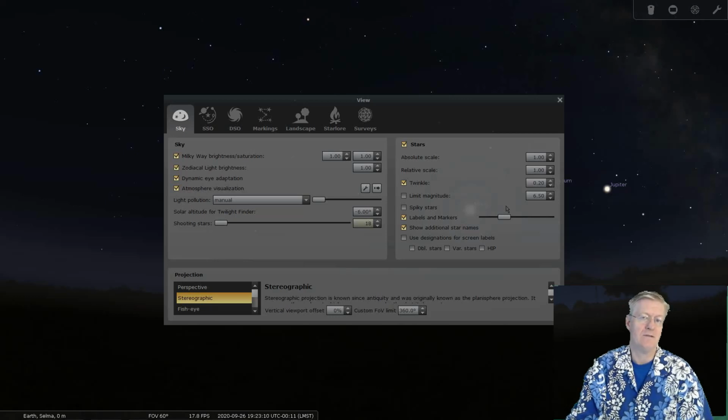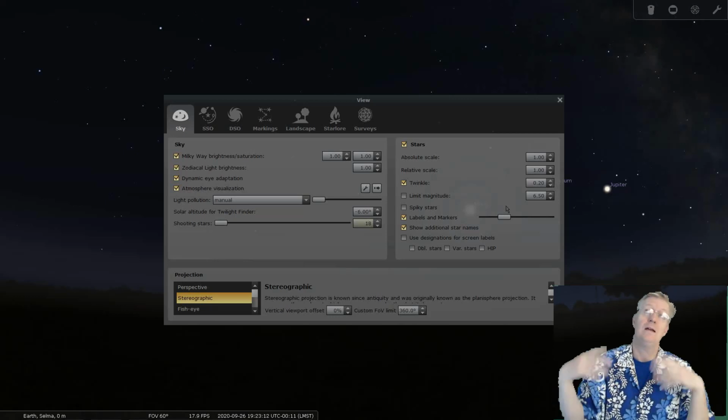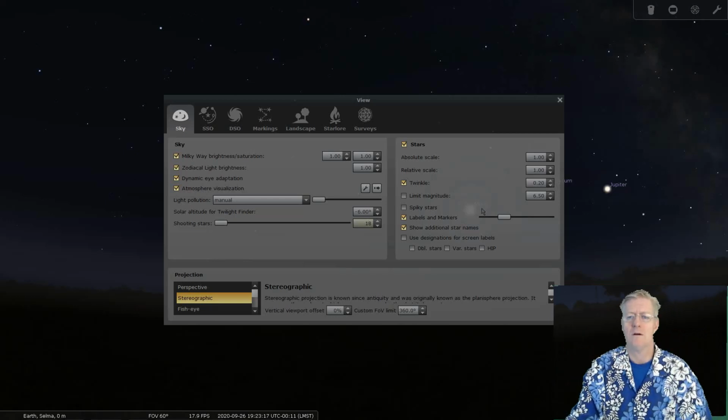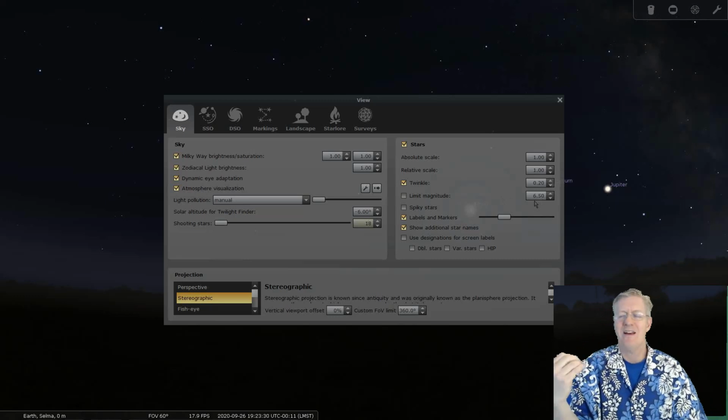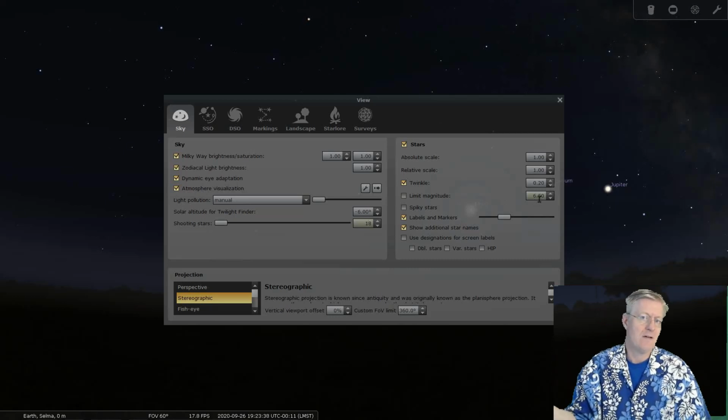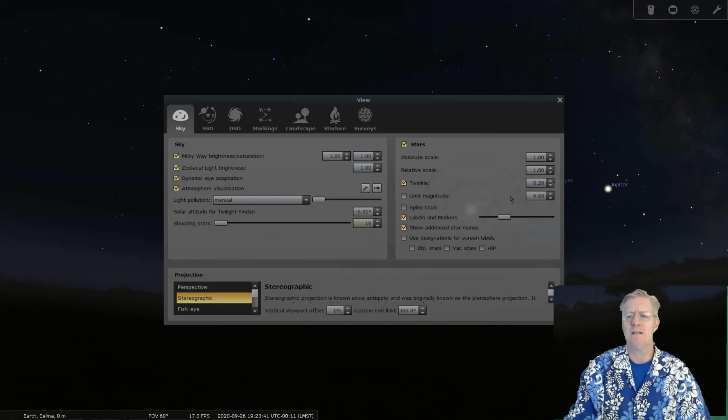So sometimes you go out into the atmosphere, if there's a lot of wind in the upper atmosphere, boom, the stars will appear to twinkle more. All right. And you can also limit the magnitude. Our eyes cannot really see things darker than magnitude 6, 6.5, somewhere around there. It's going to be really, really hard, even for someone with really good eyes, to see an object of magnitude 6 or 7. And so we can limit the magnitude there to a certain number. Actually, I think for me it's around 4 or so.